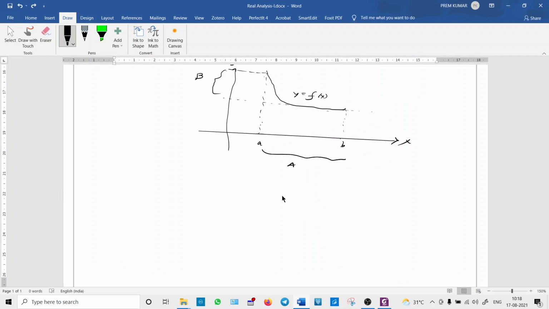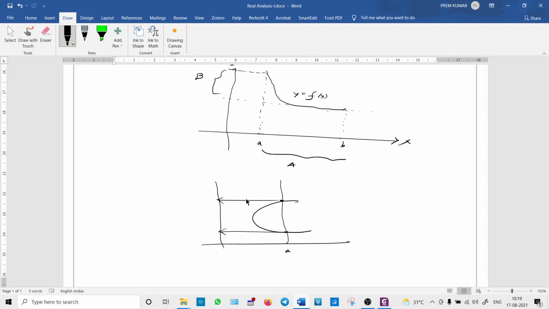Suppose like this one graph is there, like this. Suppose this is the x-axis and y-axis. You draw one vertical line like this. See, it intersects the graph at 2 points. So this is not a function. For the same value of a, there are two values in the image set. So this is violating the definition of a function. This is called the vertical line test.